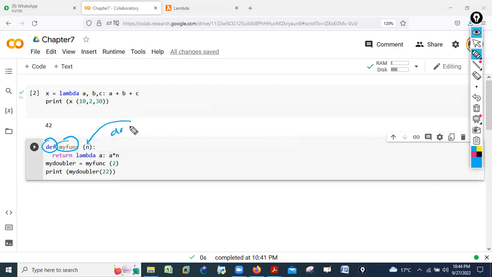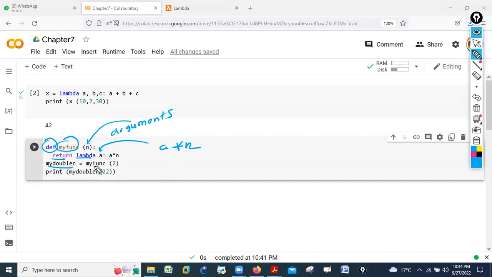Yes or no? And here I said return. What do you want to return? You want to return the lambda. Then I have defined one more argument here, A, and then I say A multiplied by n.